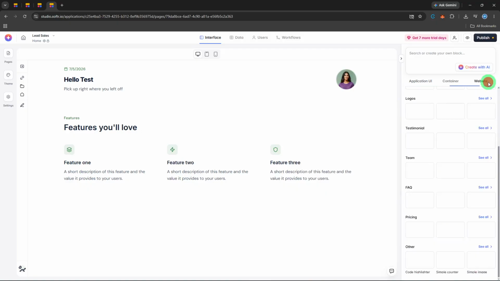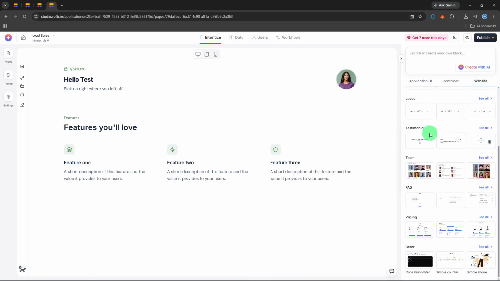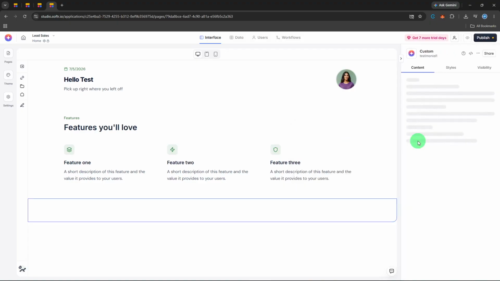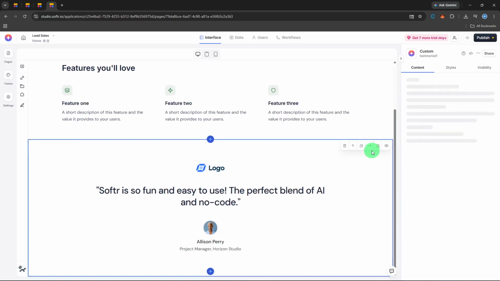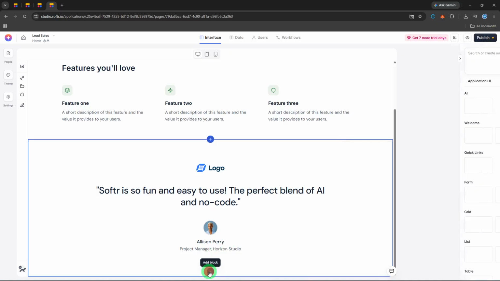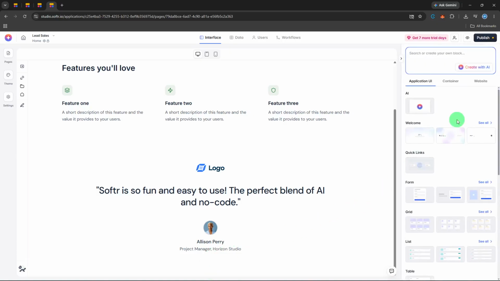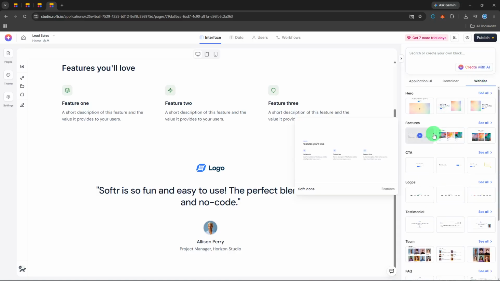For example, a header block is great for your main title and subtitle, while a feature section can highlight 3 key benefits of your product or service. When you select a block, it instantly appears on your page, and you can customize it by editing the text, uploading your own images, changing button labels, and adjusting design settings in the right sidebar. Drag and drop to rearrange blocks so your page flows logically, making it easy for users to navigate from one